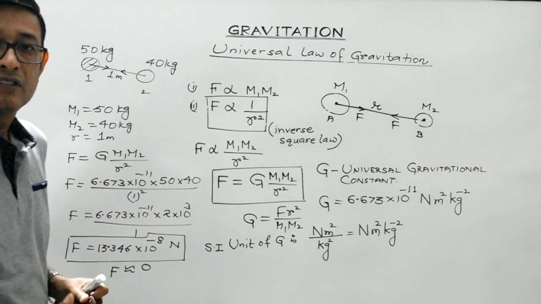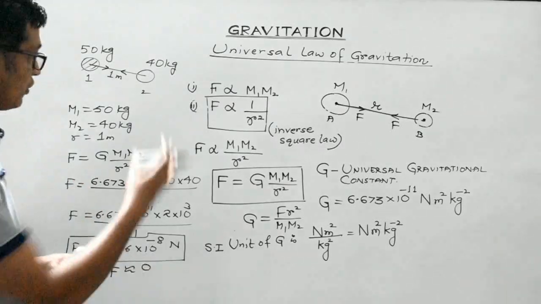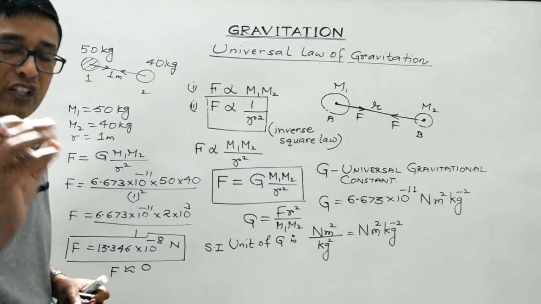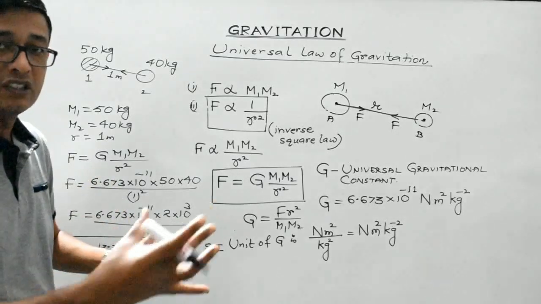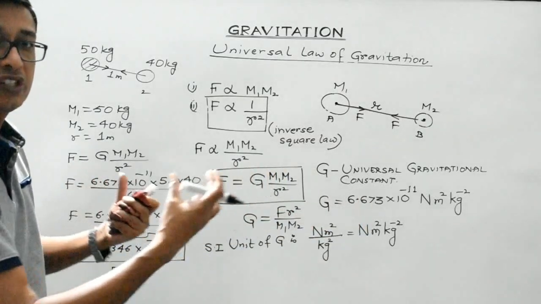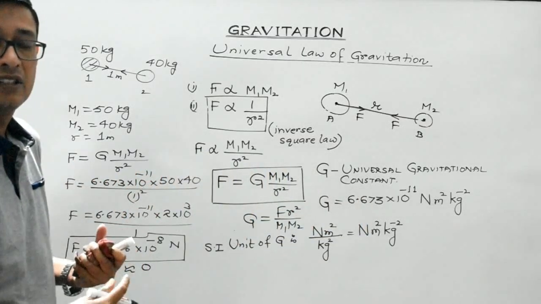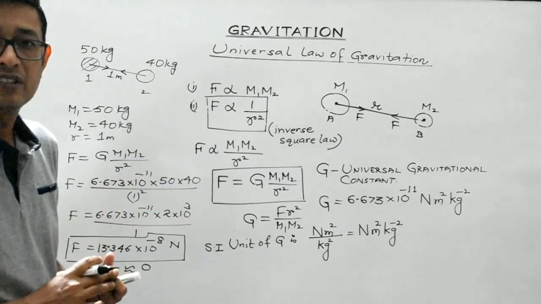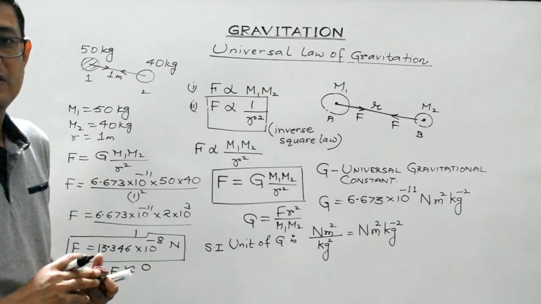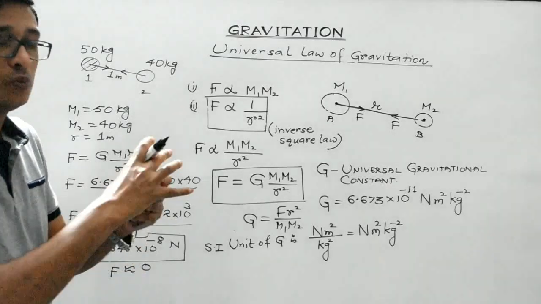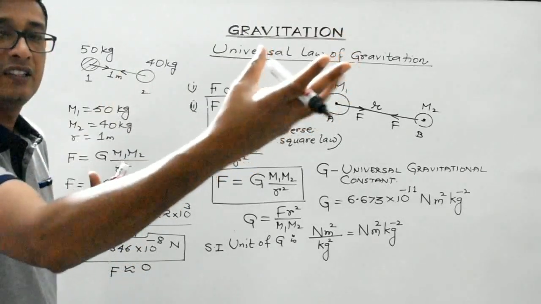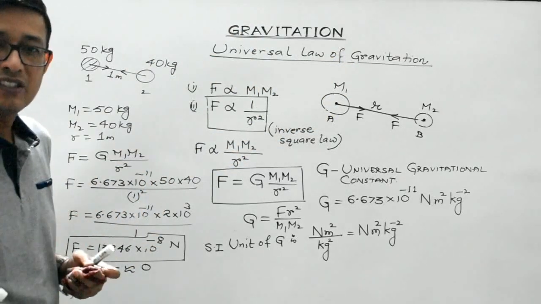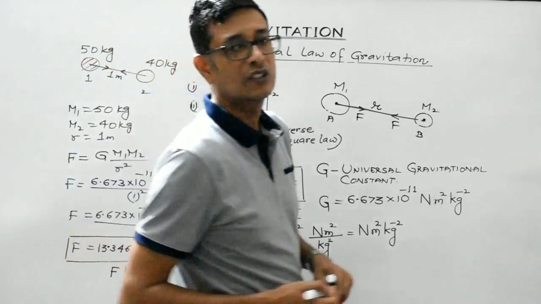This is what theoretically I have stated, which has been mathematically verified. So the force between any two terrestrial objects placed on the Earth's surface, the force between two chairs, the force between two persons, the gravitational force between a bus and a car, all those forces are negligible. It is only when we consider the two material bodies to be celestial objects, then the gravitational force will be huge. Clear, students? So I hope you have understood this concept very well.